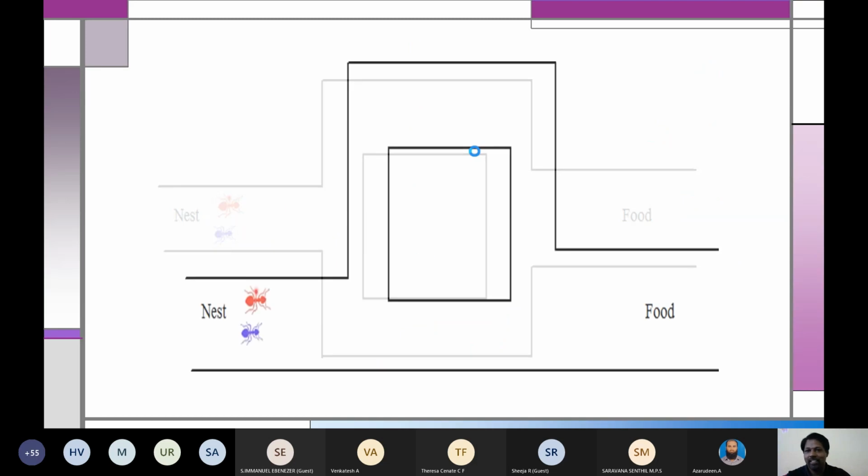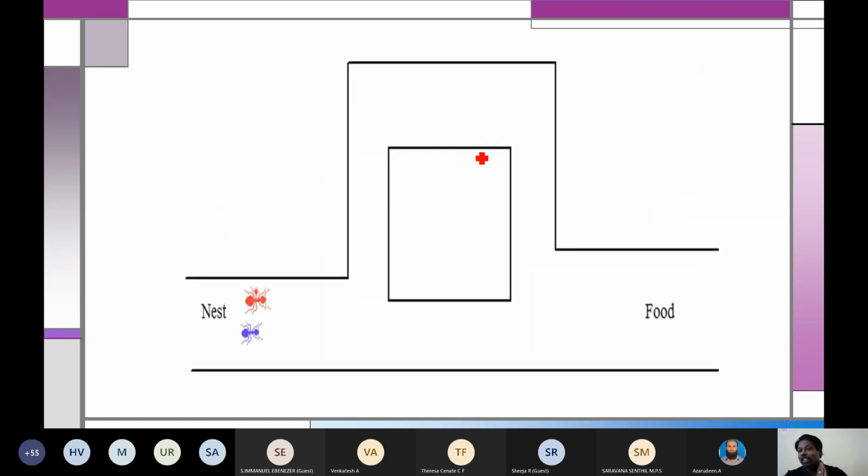Now let's see if the distances are different. In the first one, both paths have the same distance, so it's not an issue to find which path it is, because both are the shortest, right? Now let's see another case with path 1 and path 2. By seeing the diagram, you can understand path 1 is longer and path 2 is shorter, right? But the ants are blind, they don't know that. So assuming the first ant, with 2 paths, obviously it is a 50-50 probability only.